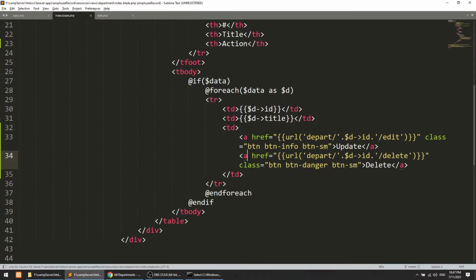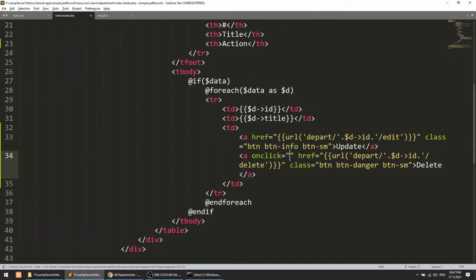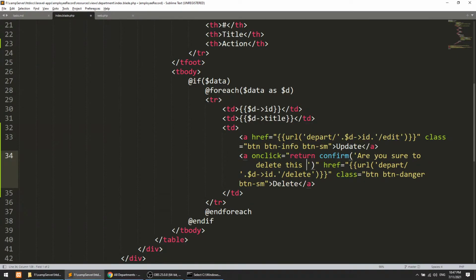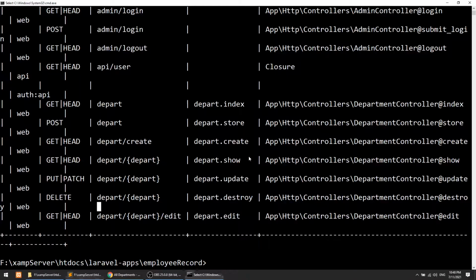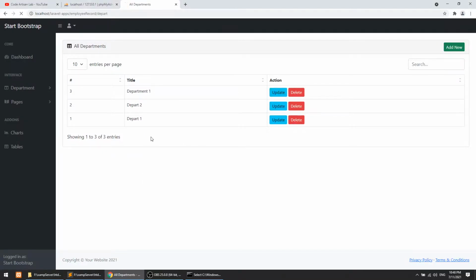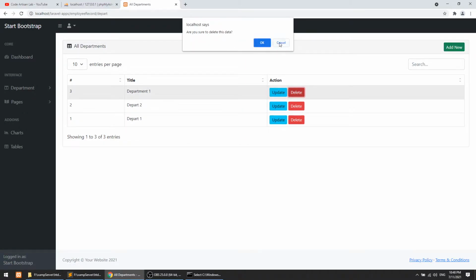One more thing we will add: on click we will say return confirm. I will show the pop-up message that will confirm whether you are sure to delete this data, and if we click okay, then it will go to this href. Refresh the page. When you click on this, it will show the pop-up message.